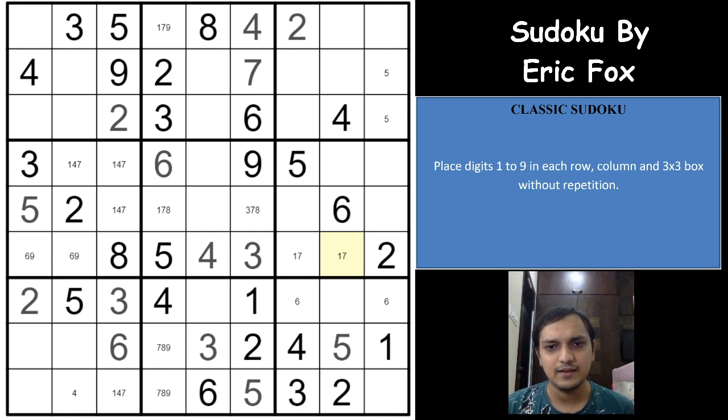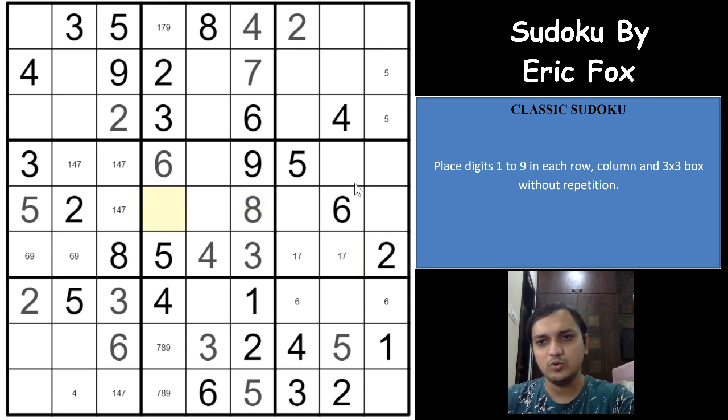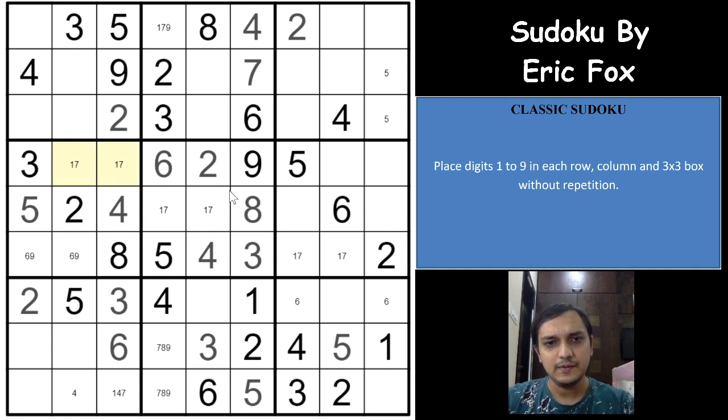And so because of the 3, we mark an 8 here. And because of the 8, we eliminate 8 from this cell, and it is only 1 and 7, and the remaining 2 digits are 1, 2 and 7, right? The 3 digits are 1, 2 and 7. Because of the 2 here, we can directly mark a 2 here, and this has to be 1 and 7 in some order. And because of the 1 and 7 pair, we get a 4 here, which eliminates 4 from these 2 cells, right? And these 2 digits will have to be 8 and 4, right? And because of the 4 here, we can directly mark a 4 here and an 8 here.